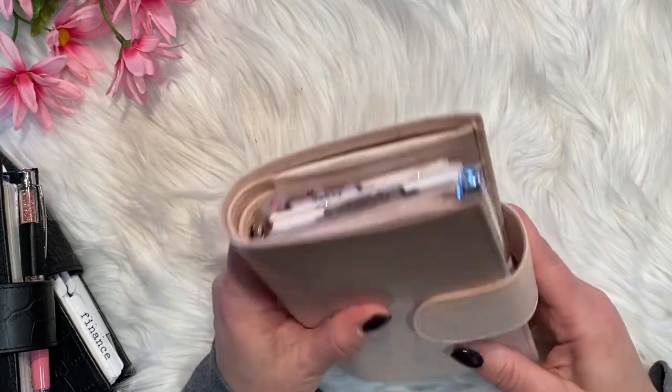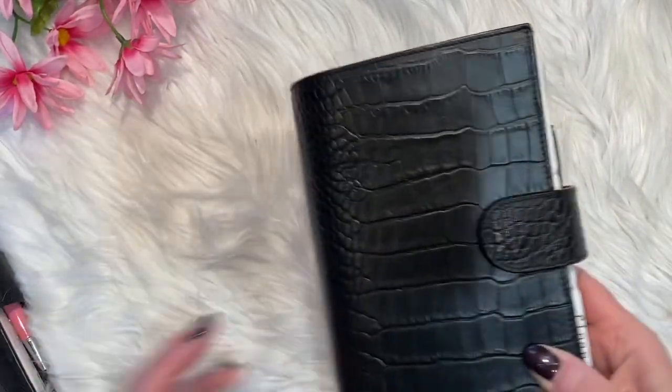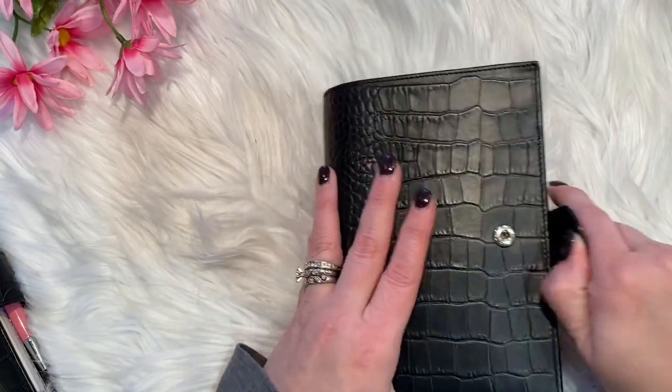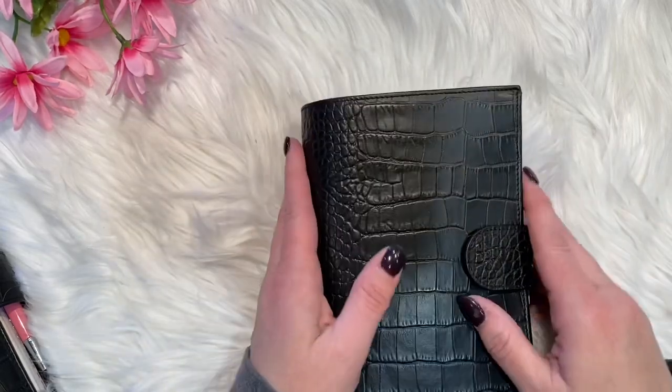And while I'm out and about, so I don't have to take my personal. That was my plan. So then that made my personal, I changed it to be more for things at home. Again, this is a Gillio black matte croc. I've just got some charms down here, and